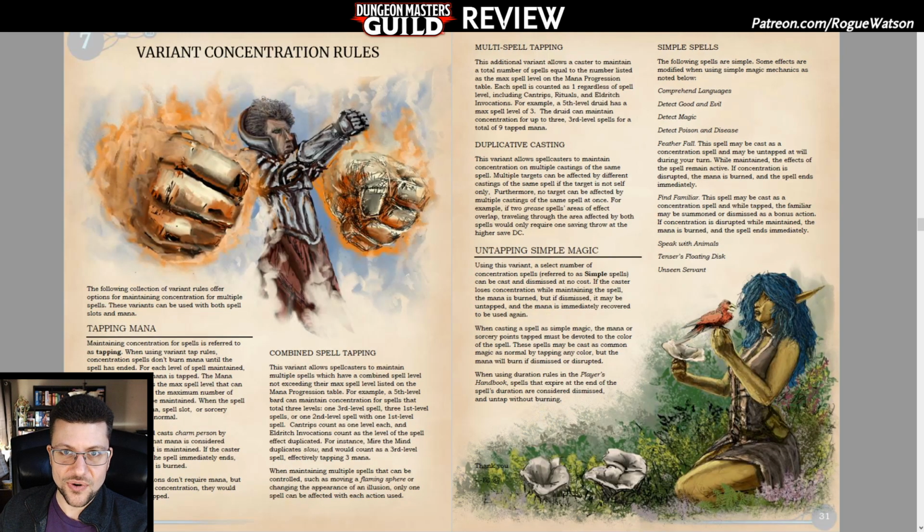And then there's tapping, which is a concept from Magic, that's just the terminology used for spending spells. You just tap land and you can cast your spell. You gain the mana in your pool. In this case, tapping refers to the fact that when you're casting a concentration spell, you move it into the tap zone. Stay with me here. And then when the spell has been completed, either dismissed or whatever else, it goes into the burned zone,